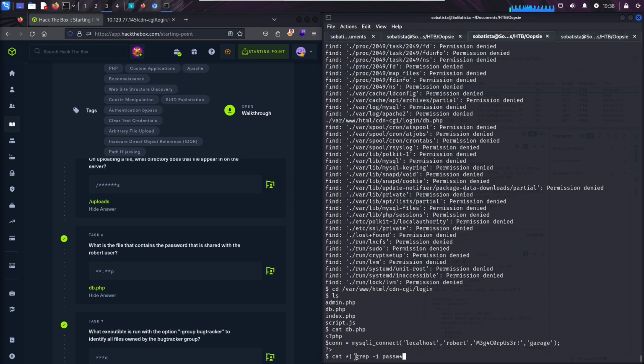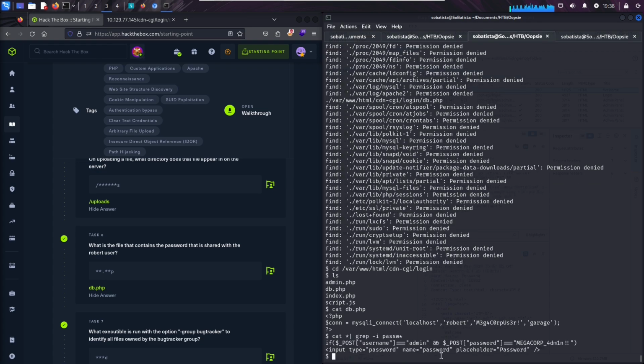The next command is grep -i passw*. And this command searches for lines that contain the word passw followed by 0 or more characters. The -i option makes the search case insensitive, okay? Now we can click enter, so